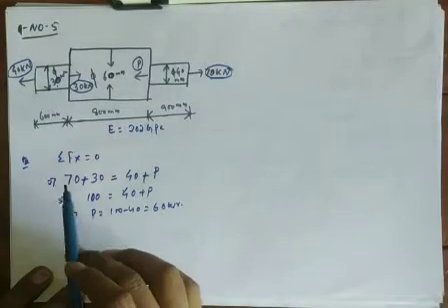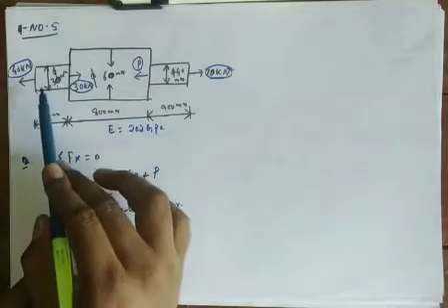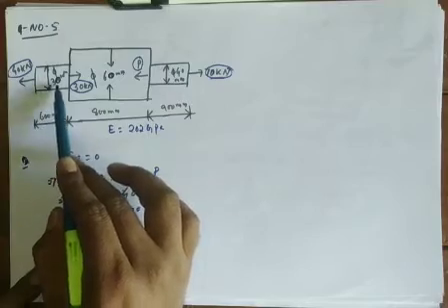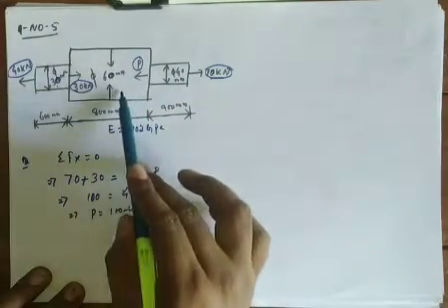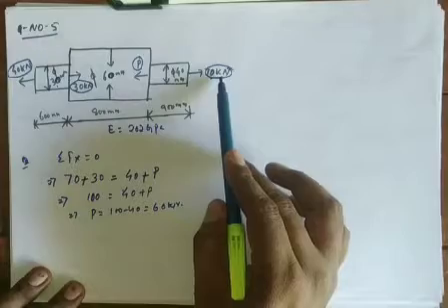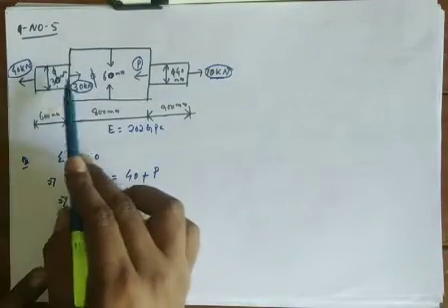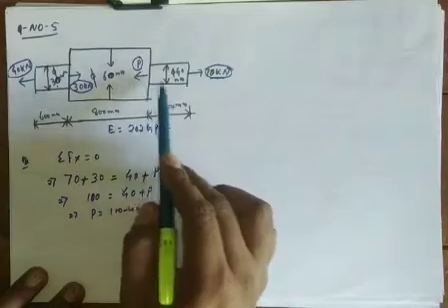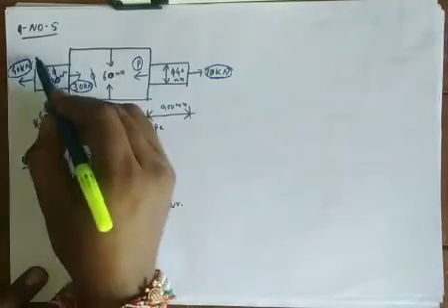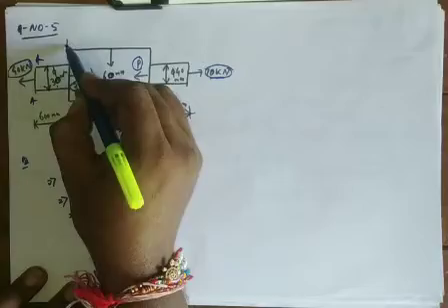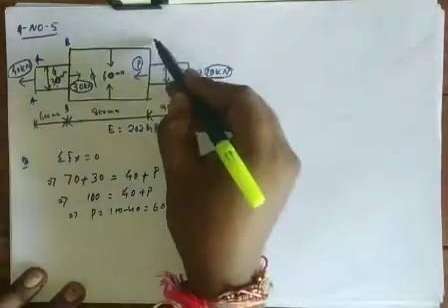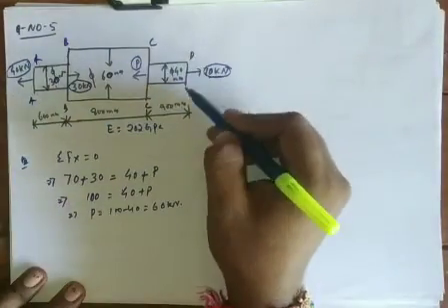So here is question number 5. This is the total section. One section is 60 mm, with a 70 kilonewton force acting on the right hand side, 40 kilonewton on the left hand side, and 30 kilonewton. Another force is P, which is not given. Let the sections be AA, B, C, D.